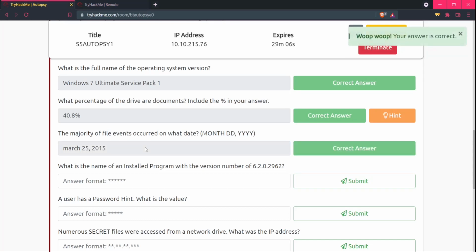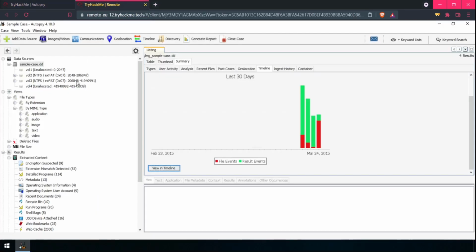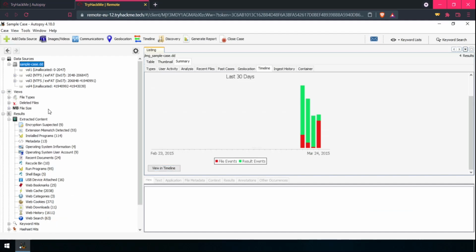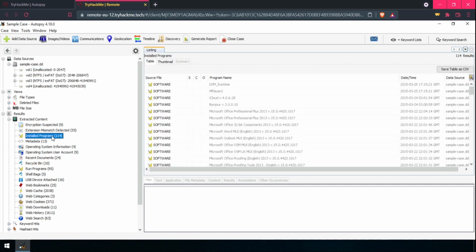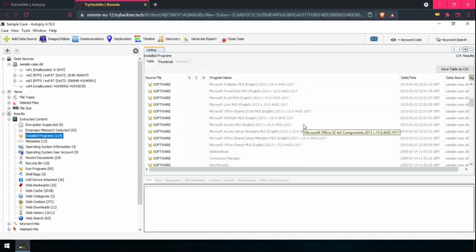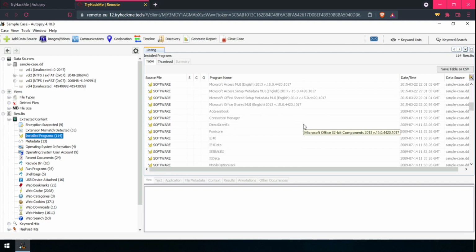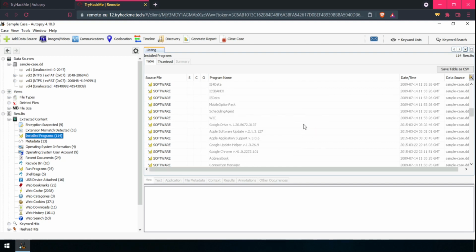The next question is, what is the name of the installed program with this version number? We have the version number, and we need to know the program's name. I will minimize all these things, and we see a section of installed programs. Let's see if we can find a program with the version number 6.2.